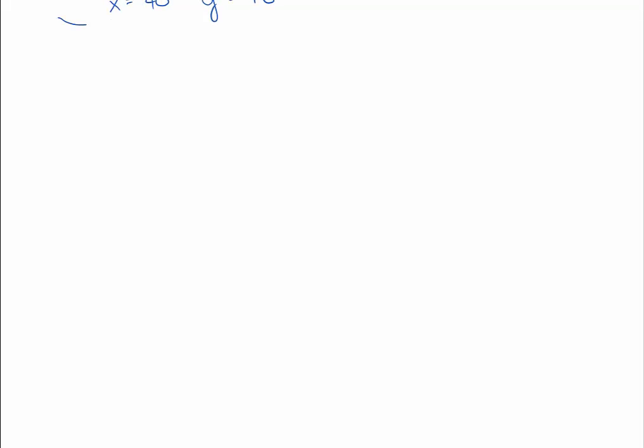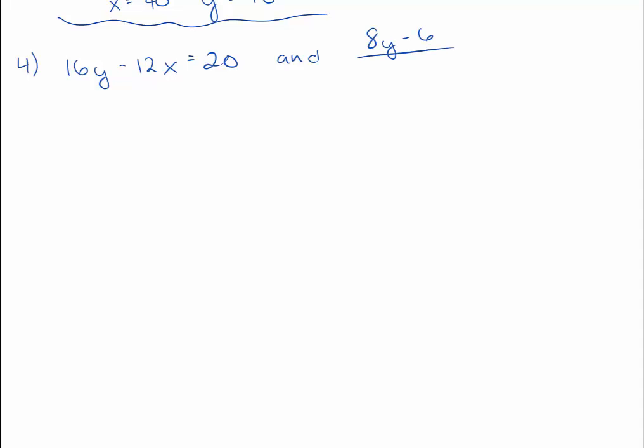So number 4. Number 4 says 16y minus 12x equals 20. And the other equation that they give us is 8y minus 6, all over 2x,